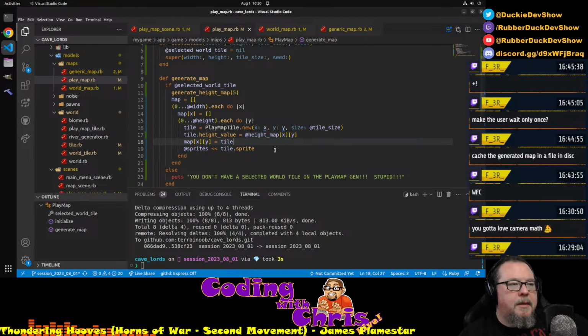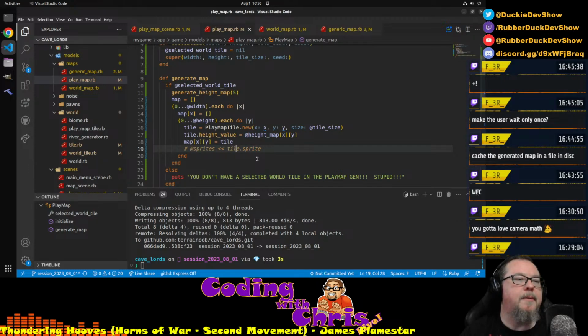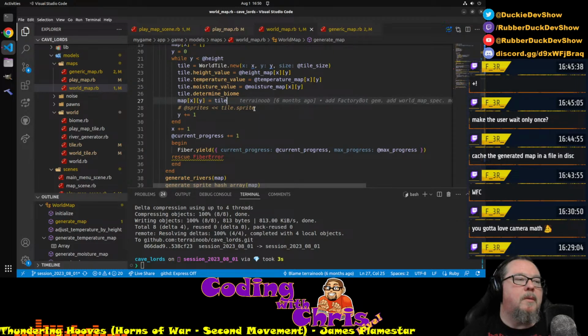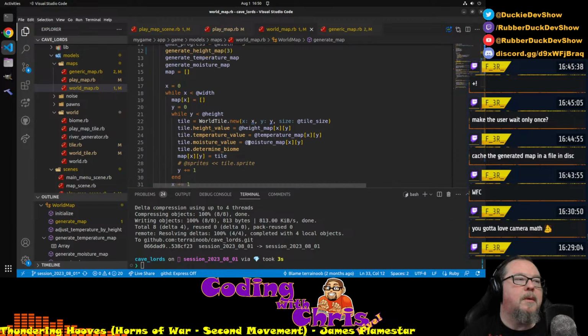That should be correct, yeah. And then we put the tile in there. And we don't want to do this here. What we want to do... Oh, gotta do this again. All right,